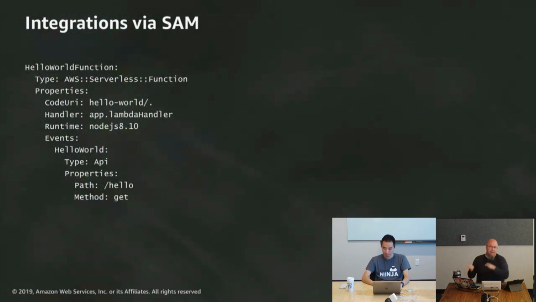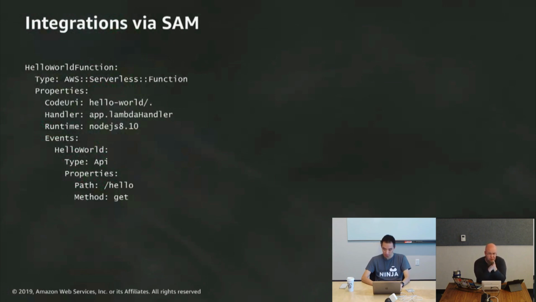So if we go back to the very beginning of the session, we have this hello world function that was generated. And yes, it is a Node app. You'll see in here under the events, we have the hello world event. It's an API type, and properties: path hello, and the method get. In order to change that so that we can do a proxy, because we can do an integration,